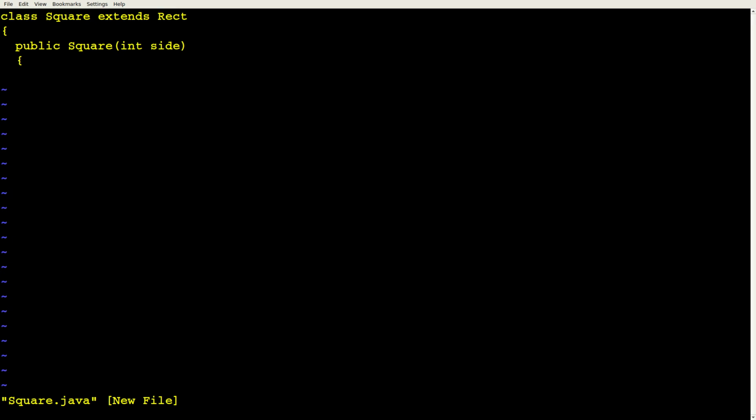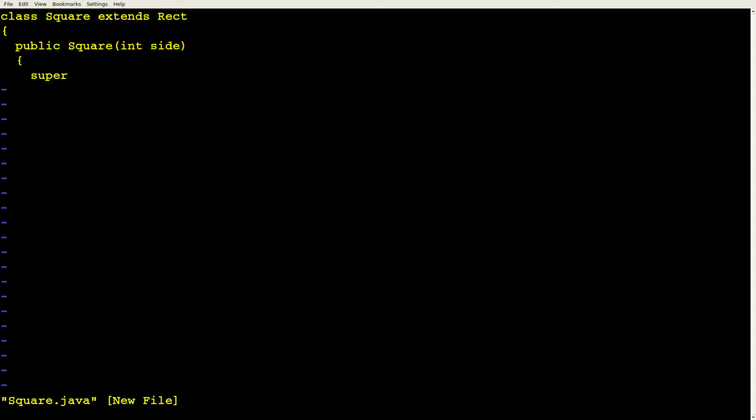All right, so there's another keyword, which is super. Super is a way to get to something in the base class or the parent class. So Square is the class that we're defining. Rect we can think of as the superclass. This is a subclass of Rect. Rect is a superclass of Square, so it's a hierarchy. So if I want to get to something in the rectangle class, I can use this super keyword. And it's kind of like this, but instead of referring to me, it's referring to the thing that I'm extending.